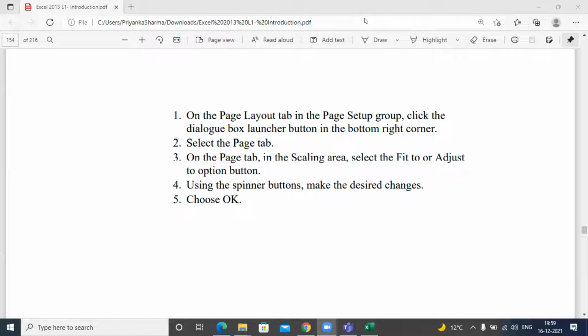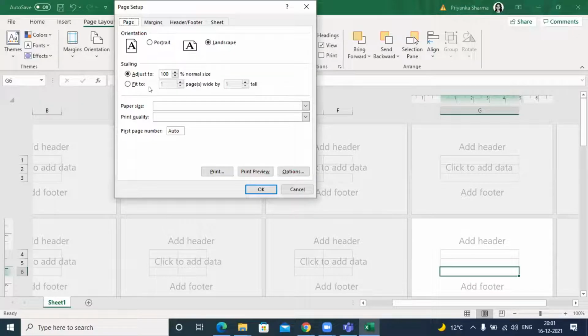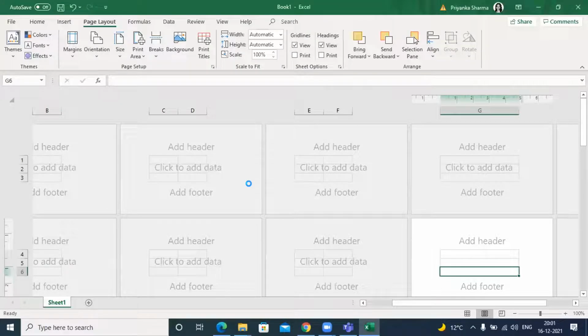Found it, German? Okay, the small arrow, you found it, right? Most of you found it. Even if you don't find it, no worries. I'm going to show it to you now. So page layout, page setup. Can you see this very small icon? Look at my cursor. I know it is very difficult to find. I'm with you. So click on this. And this is the one which I was saying to you. If you want to fit it into one page, why not? You can click on OK. And your entire sheet will be printed, ready on one particular page. Particularly, if you have an Excel sheet with data, it will be definitely very, very useful.